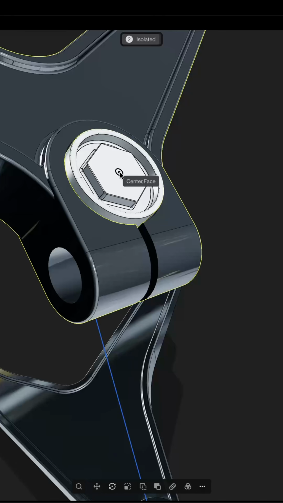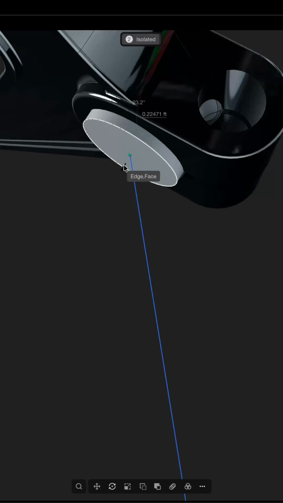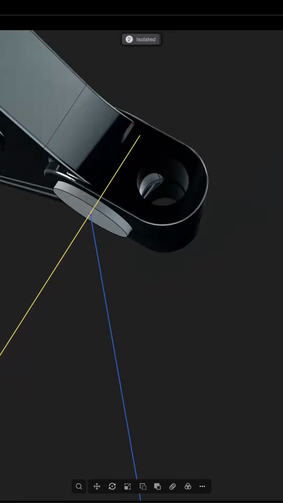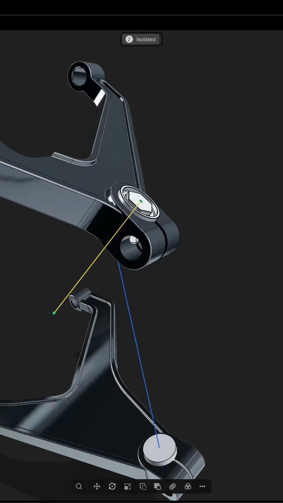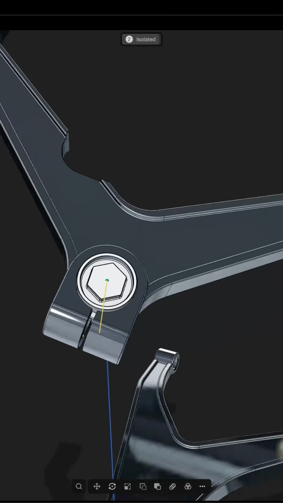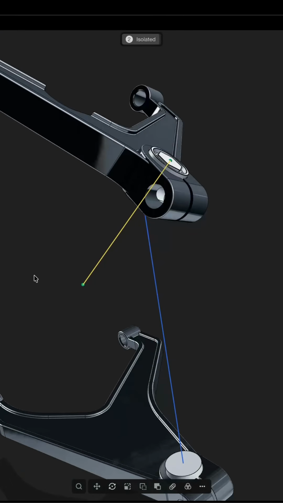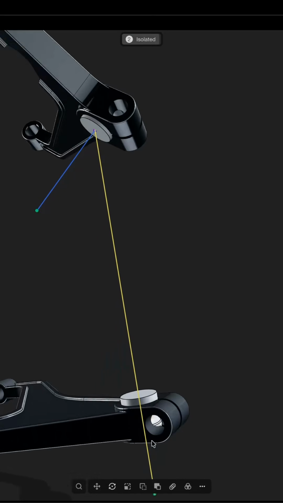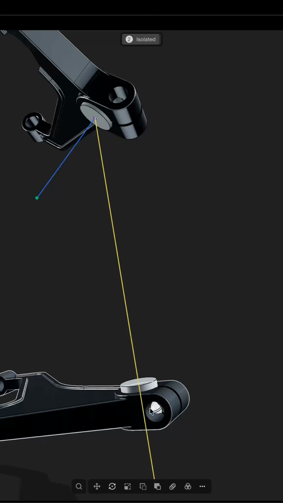So I'm going to find this point and bring the line all the way here. And you can see it's normal to the Z of that object. And I'm just going to snap it to there and then enter. So you can see this axis aligns with the top member, and then this bottom axis aligns with the lower